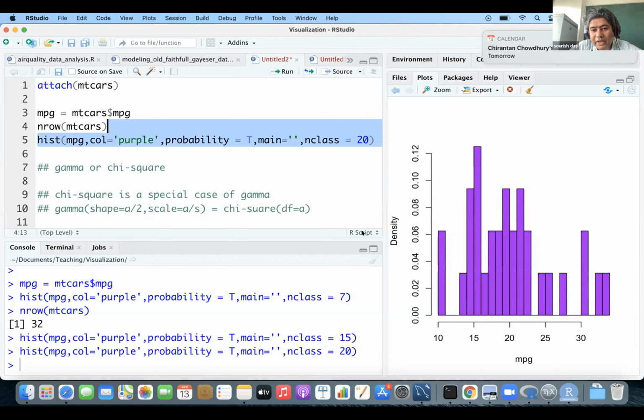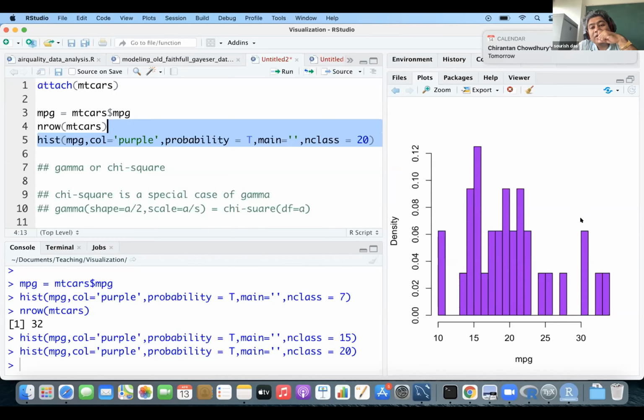So actually what is happening is here is probably one or two cases. This is maybe 3 or 4 cases. So when we are making too many classes and the class widths are becoming smaller and smaller, in each class we are getting only 1 or 2 observations. We have only 37 data points, and if we take 20 classes, then we're going to try to fit it very extensively.